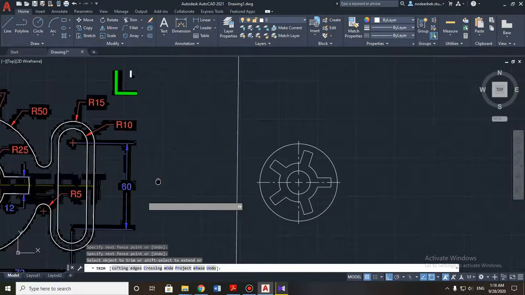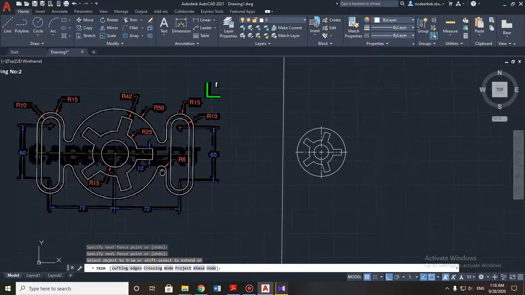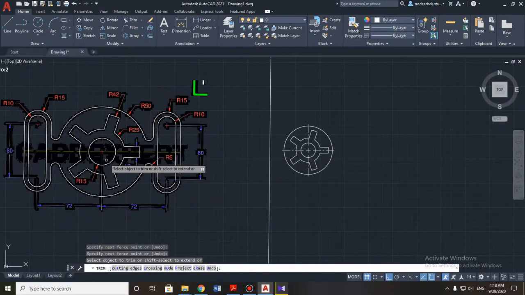Use the trim tool in this case. So the central part of our detail is finished, so I think we will build the right side of our detail, and then just copy it to the left side. Okay,